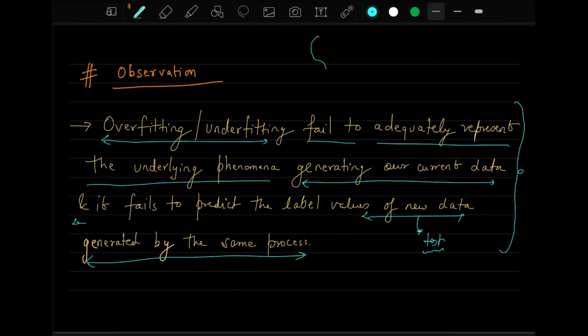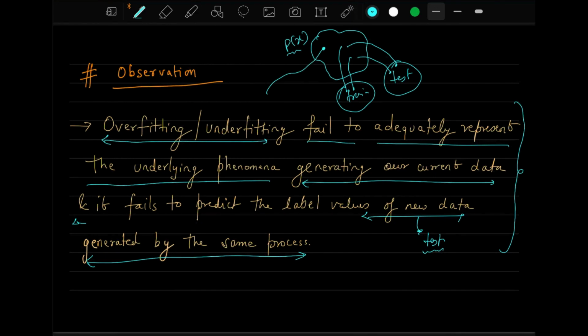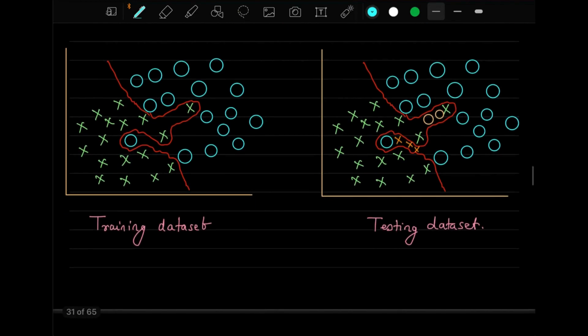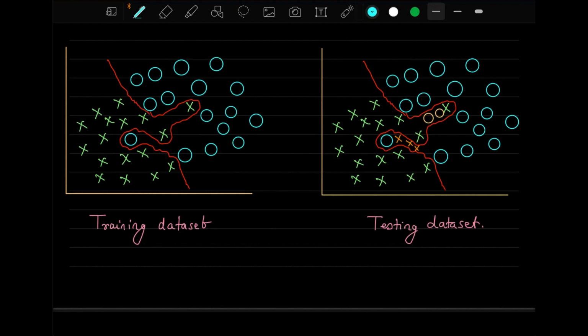Normally what happens is, there is some probability distribution p(x). In this data, the training and the testing samples have to come from this same probability distribution. So if the training error is not able to capture this distribution properly, then these types of things happen. So we have observed that training data is not able to capture this distribution completely. So we need something else to properly quantify this.